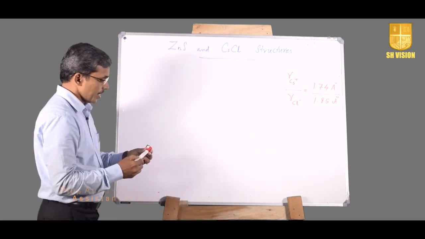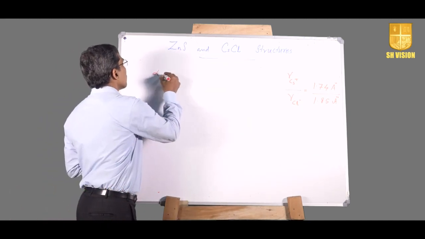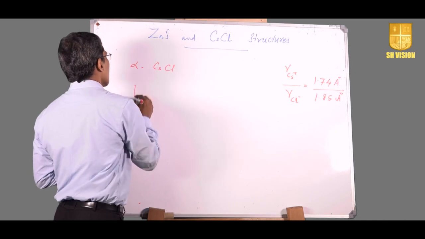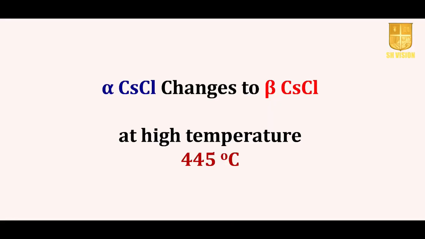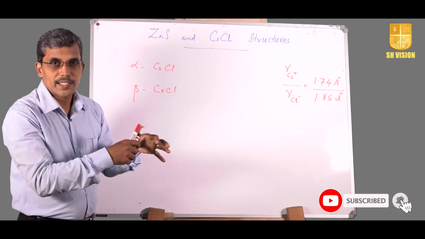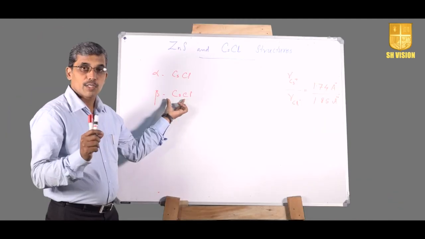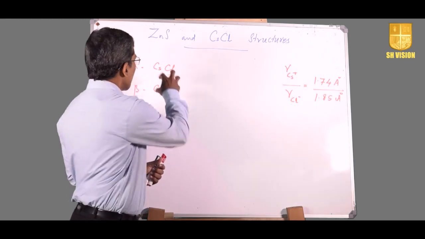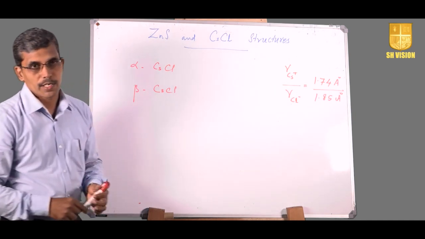Again, like zinc sulfide, cesium chloride also exists in two forms. One is alpha cesium chloride and the other is beta cesium chloride. This alpha cesium chloride changes to beta cesium chloride at a temperature above 445 degrees Celsius, and this alpha cesium chloride is the one which we are discussing, that is cesium chloride crystal structure, and the beta cesium chloride actually exhibits sodium chloride or rock salt crystal structure. So today we discuss the crystal structure exhibited by alpha cesium chloride, which is known as cesium chloride crystal structure,